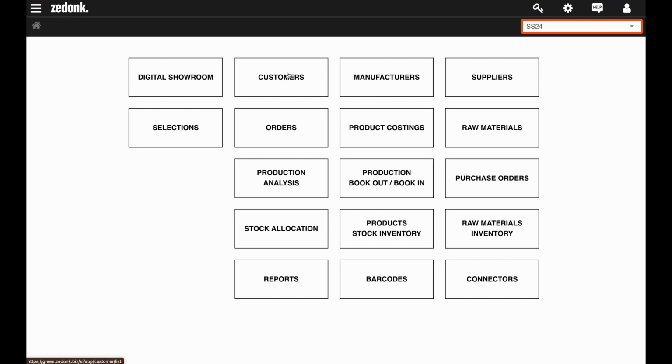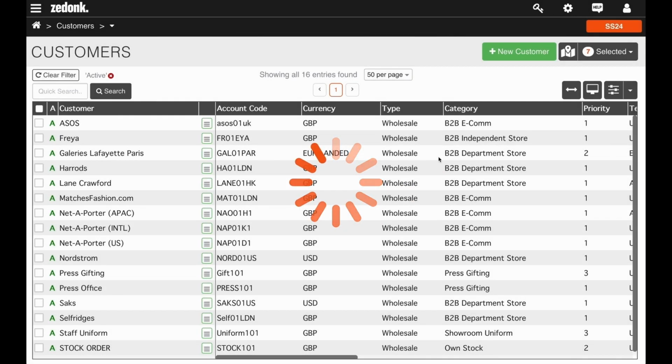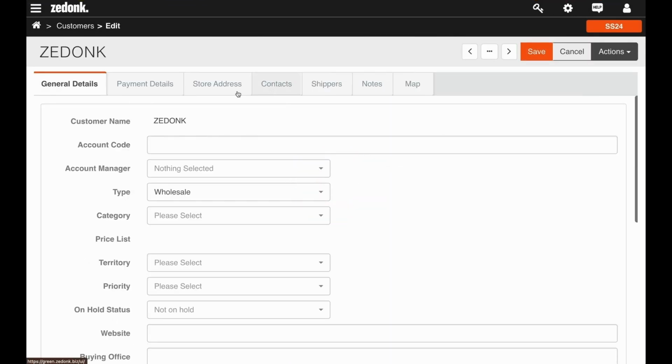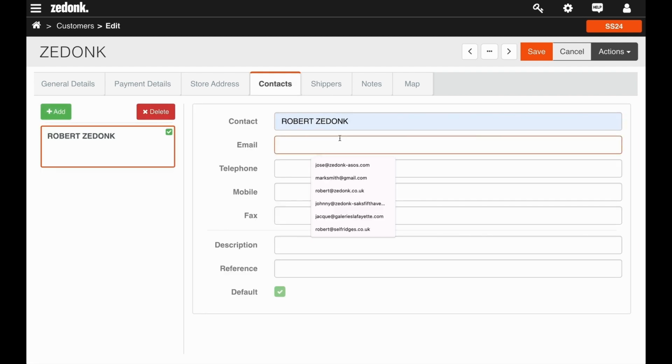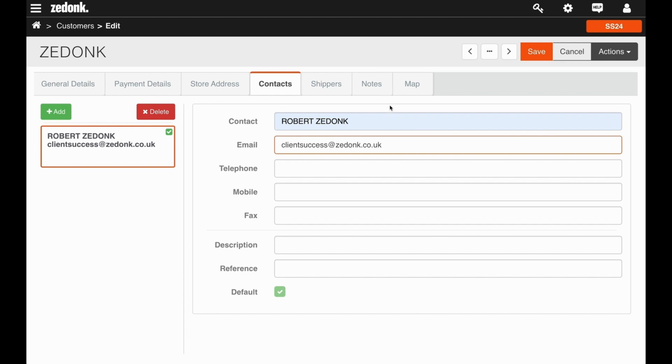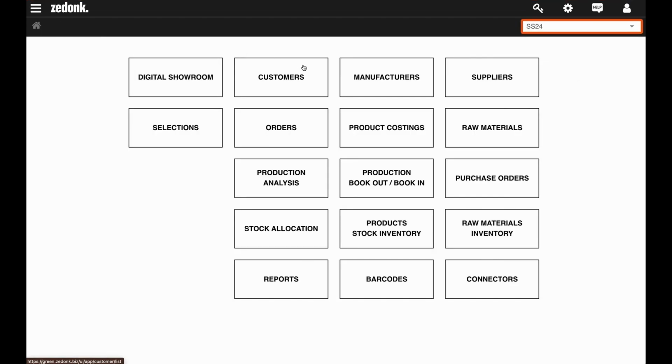First of all, we'll go to customers, create a new customer. I'll call this Zedonk. And then, as I mentioned, I just want to make sure that there is a contact, Robert Zedonk. Now that I have all the details, I can go back to my line sheet and see what it looks